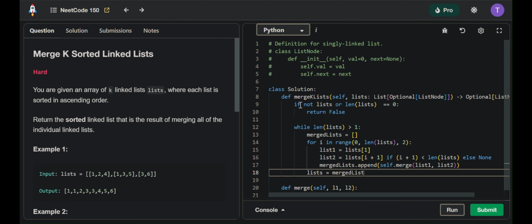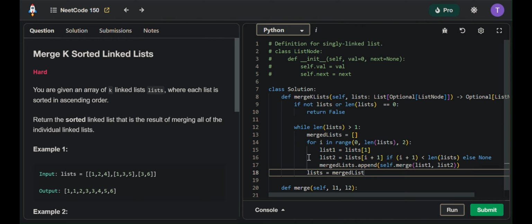well, let's say you have 4 lists, right? So for every i, we are gonna have a list with basically 2 elements, right? Because if we have 4 linked lists within our array, after the for loop, we are gonna have linked list 1 and linked list 2 linked together, and linked list 3 and linked list 4 linked together. So this is why you want to set the list equals to the merge list, because it's gonna have 2 elements and it will keep looping basically through